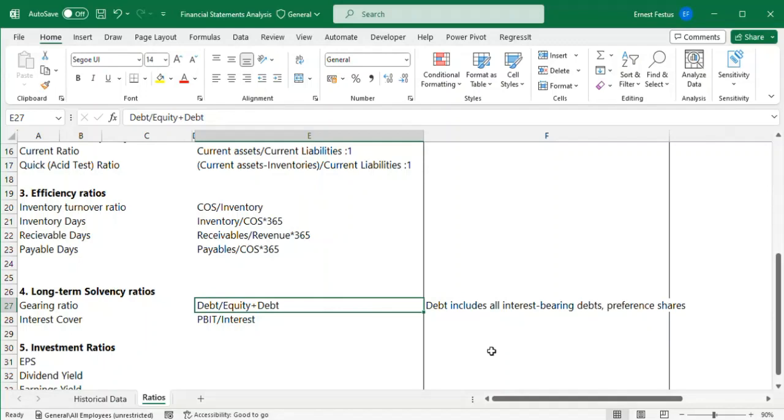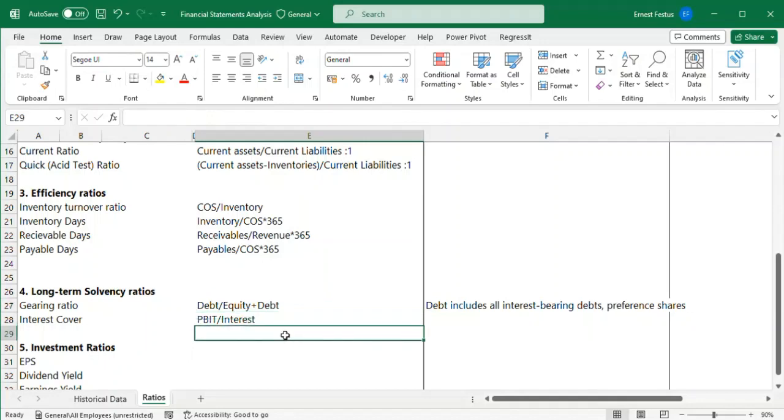So when this happens, it is actually not a good indicator for the business,